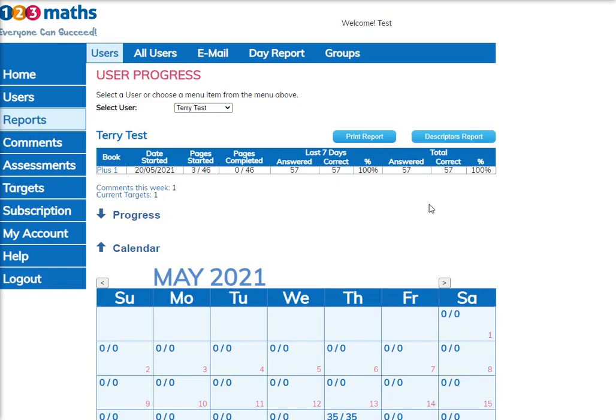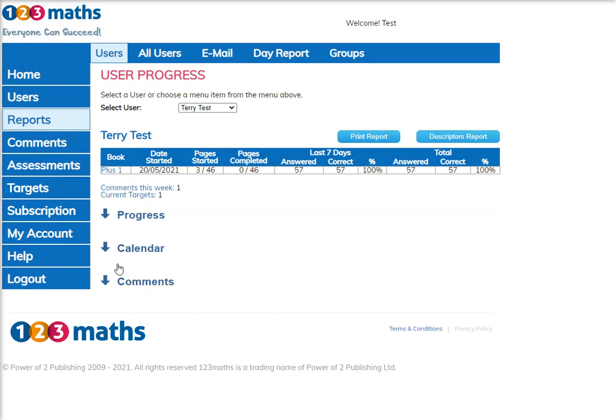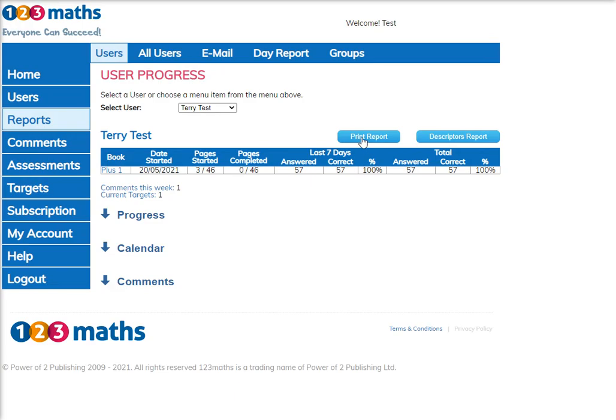The calendar will show the days when Terry logged into 123maths. So we can see on the 20th he answered 35 questions and on the 24th he answered 22. The comments will show all the comments that have been listed for Terry and whether he has read or replied to them. You can print the report,